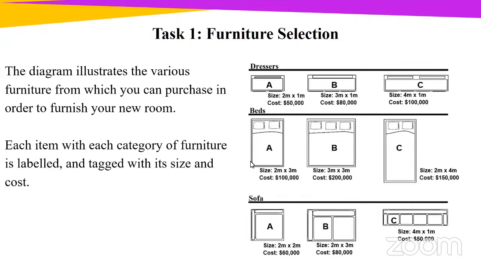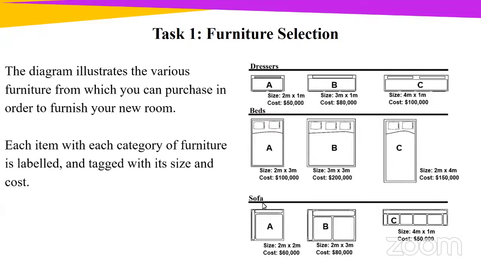Now, boys and girls, can you see the different categories of furniture on the diagram? Type in the chat for me quickly. Seeing the hands going up, but this time I want you to type in the chat for me. And I'm seeing a number of yeses, Miss Johnson. Thank you. That's good. So what are the different categories there? Again, we're seeing dressers, beds, and sofa.